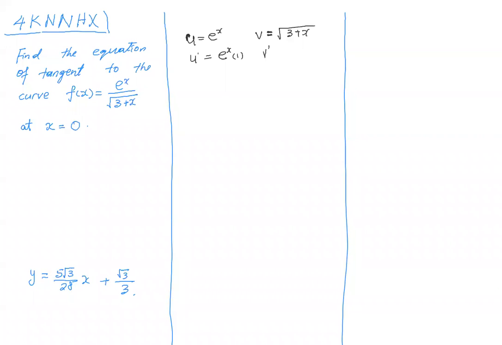So v prime, this is power half, right? So we will write half, copy down the whole thing, power take away 1, and times by derivative of whatever inside. So this one, I will write this as 1 over 2 square root of 3 plus x, so that it will make my calculation easier afterward. So my f prime x